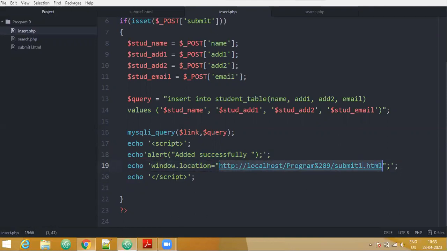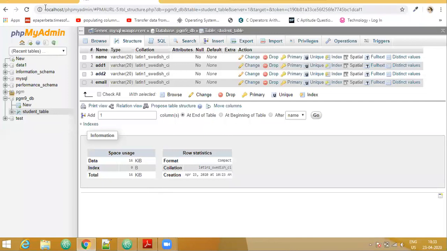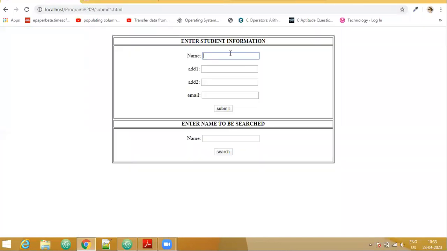Now let us try to insert. Let us say the first value that I enter here is Gururaj. The address that is given here is, say, camp, then you say welcome and give the email. Now there is no validation check happening here.